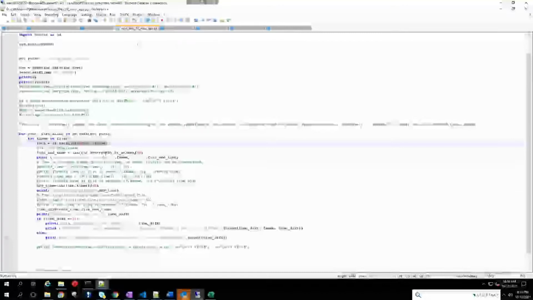In this script, I have converted the file modified time into minutes. os.stat of the path, st_mtime divided by 60. This st_mtime will return the seconds, right? So by dividing by 60, I'll get minutes, and I converted that into int type. Now the now time also, current time dot time divided by 60.